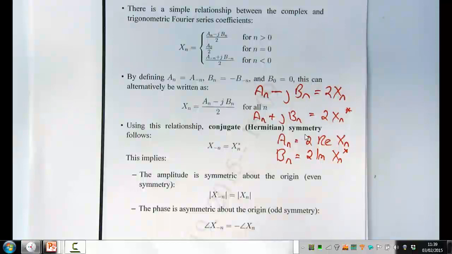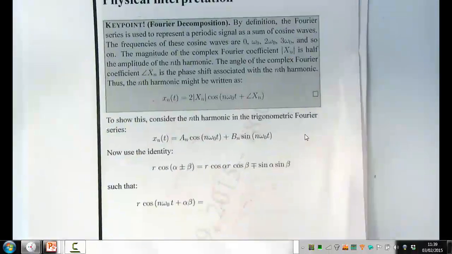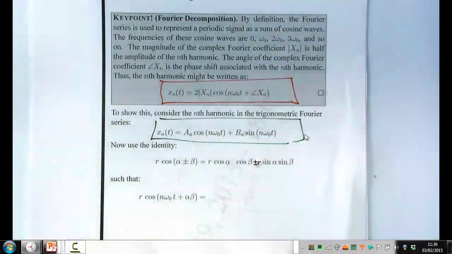So we're going to have a quick physical interpretation of the complex Fourier coefficients, because you might think, how do they relate to the real world? So if we go on to slide 13, I've got a whole bucket load of text there. Let's look at the green box first of all. So in the green box, I'm going to make a relationship between the trigonometric Fourier coefficients and an actual